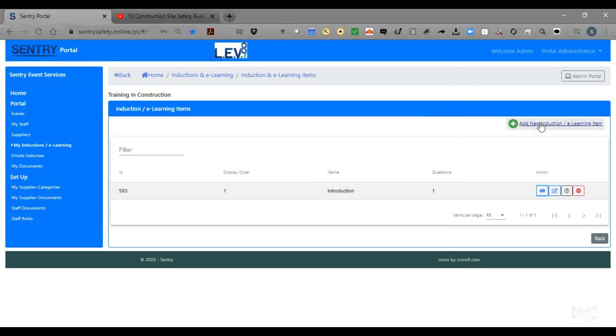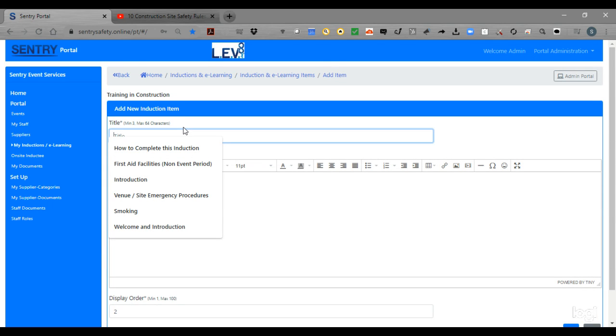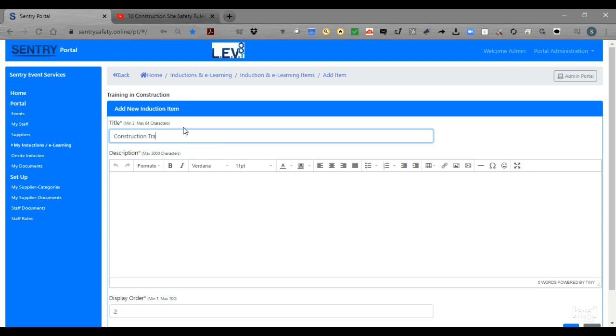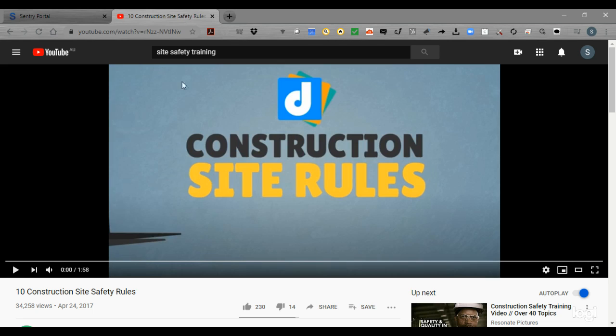So if I was to add a next section here, we give it a new title and we call it Construction Training. And in this section here, we would best be suited by providing them with some sort of interactive information. So you may search for, or you may have your own videos which you can upload and store somewhere like a YouTube platform. But for the purpose of this exercise here, here's one I've located earlier, and it's simply called Construction Site Rules. So once you've decided that that's a piece of information that you would like the personnel on site to receive or undertake,